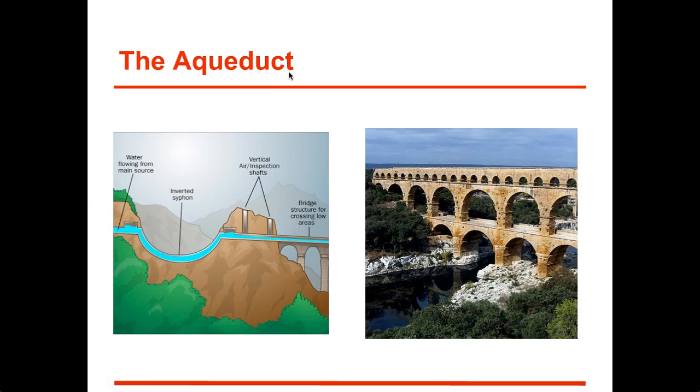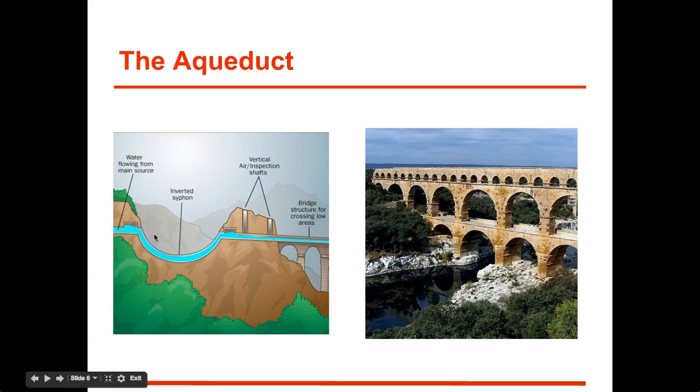BCE. And just to make sure you understand that, you may have heard the term BC and AD. I'm using the terms BCE and CE, which stand for before the Common Era and the Common Era, as opposed to BC and AD, which are just not as used anymore. But it's the same time period. So 300 BCE is when they first started creating these.